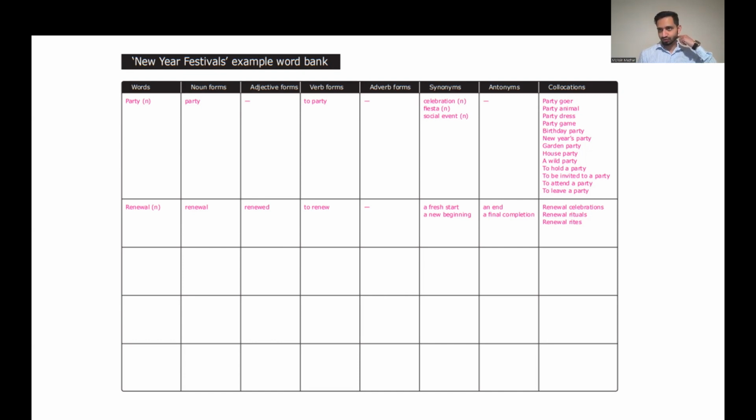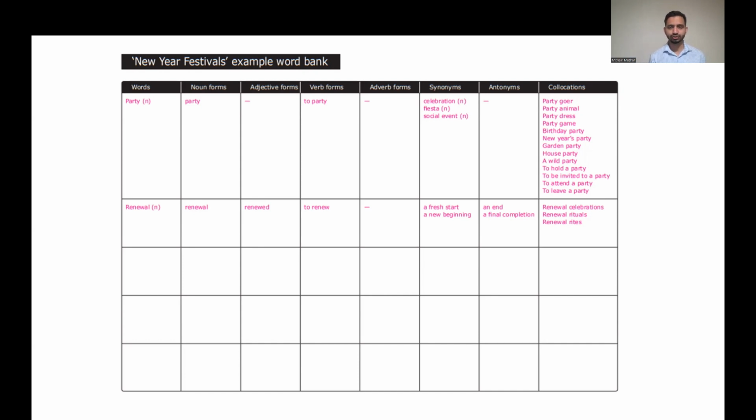When you read out your collocations, you can't really memorize 2,500 words, but if you read out the list that I'm going to share with you two or three times, I think when you're taking your test in PTE, you will be able to recall. For example, if you've seen party and you see goer, it makes sense for you to collocate that word, given that you're also thinking about the contextual meaning. Okay, party animal, party dress, party game, birthday party, New Year's party, garden party, house party, a wild party,